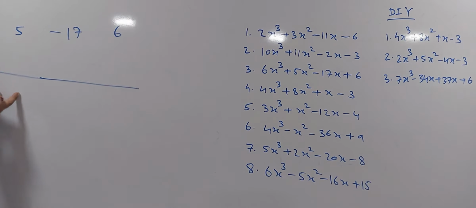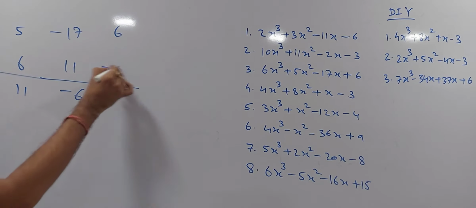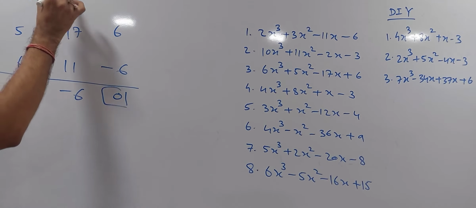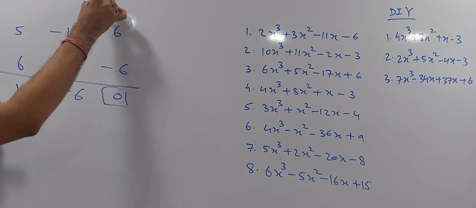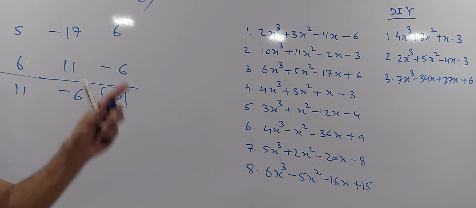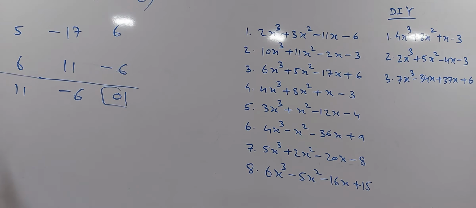So I am dropping down 6, 6 ones are 6, 6 plus 5, 11 ones are 11, minus 6 ones are minus 6, and that's it. So x minus 1, then 6x square plus 11x minus 6. Fine, now I hope that this is not a big deal. Fine, so we'll just try this. Factors of 6 are 2 and 3, let me check. And factors of this 6, let me try 3 and 2. Because 2 and 3 you will take, so in that case 6 and 6 cross. So preferably just change it. So what you are getting here, it is